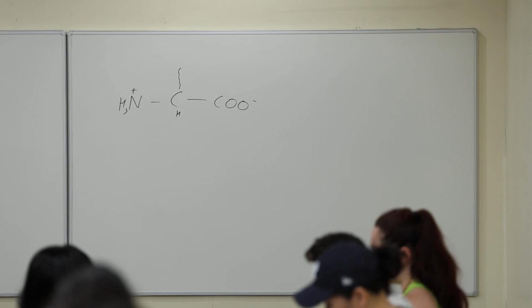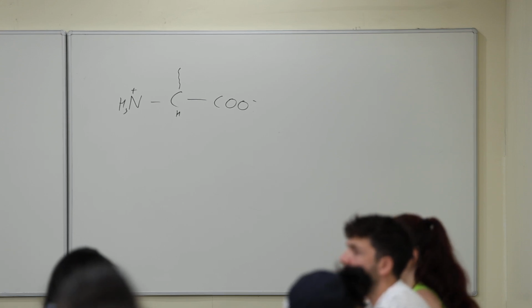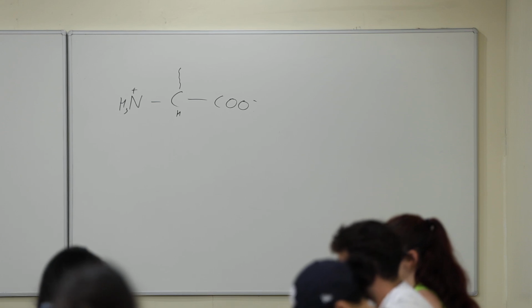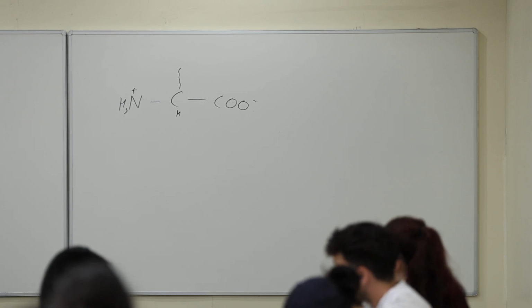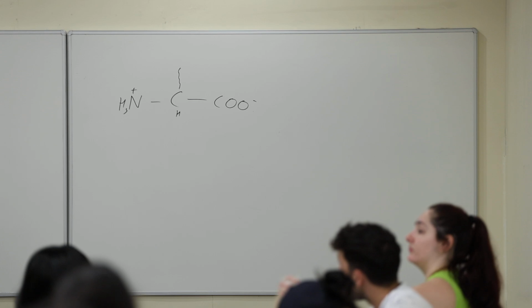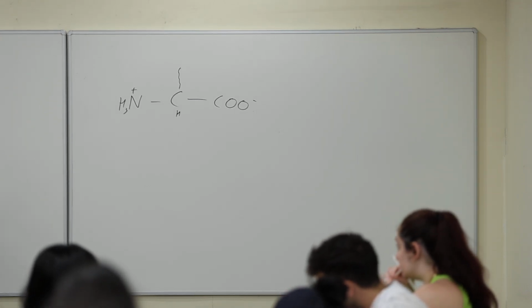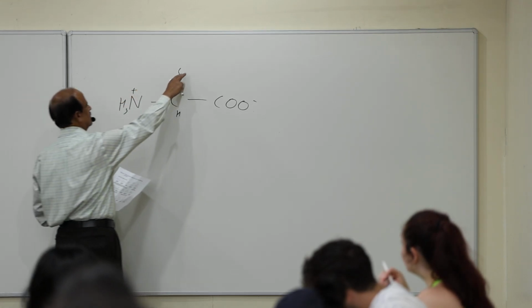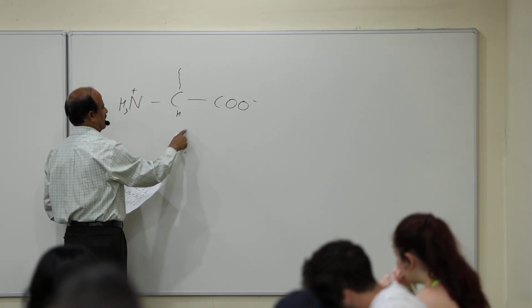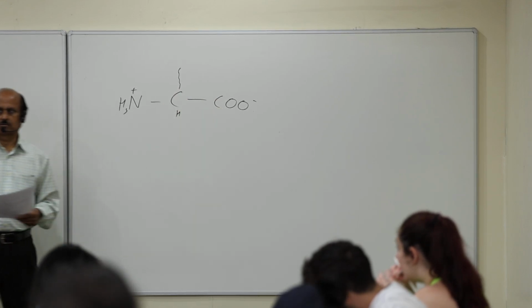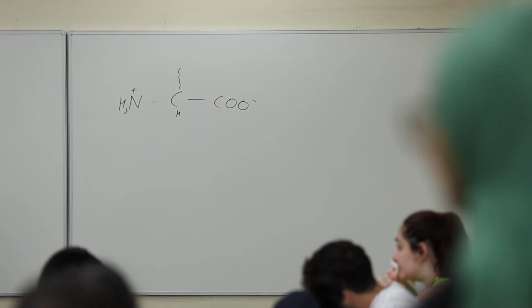And if you want to put the side chain at the bottom, then you need to switch 2 groups, because that's what you learned in organic chemistry. If you switch 2 groups, it becomes the same molecule again. And so if you want to have the side chain at the bottom, then you need to switch these 2 also, so the carboxyl group should be written on top. Then it will be the same